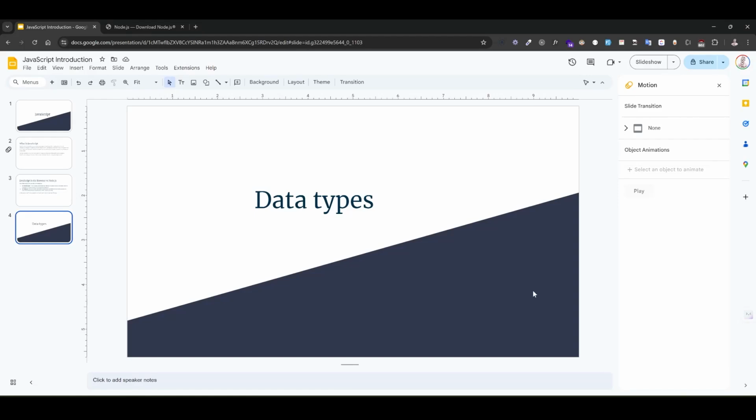Right, guys. So when we talk about data types in JavaScript, what are data types? They're just the types of data JavaScript takes in. Let me explain something briefly. JavaScript is not a strictly typed language. It's a loosely typed language, which means